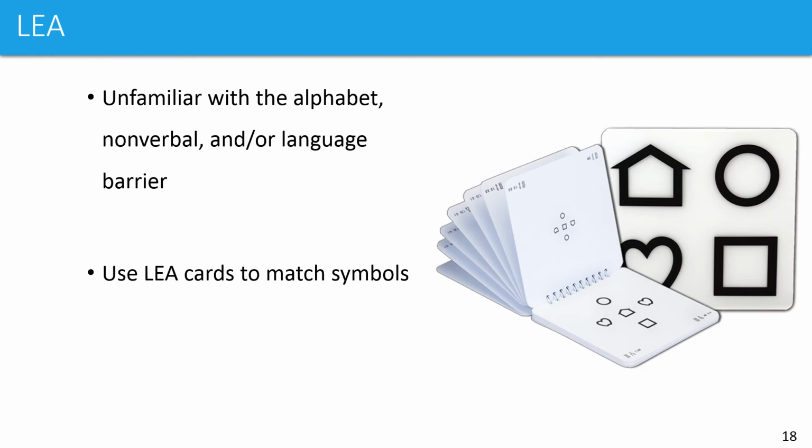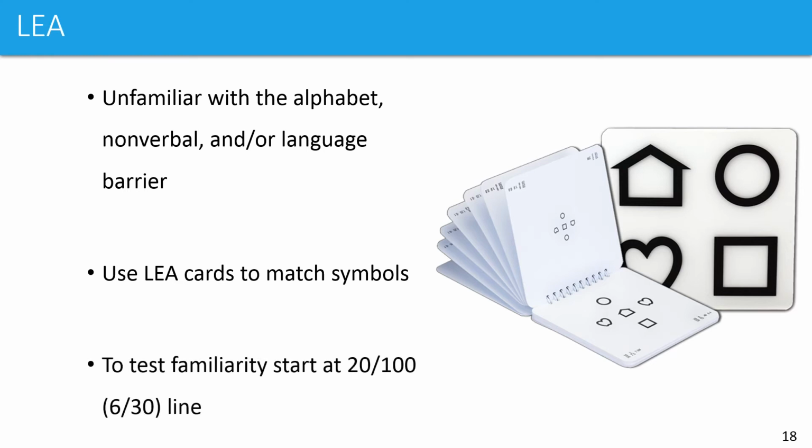The Leah chart uses targets of familiar objects. The symbols used are of a ball, house, apple, and a box. Give the child the Leah lap card. Display Leah symbols at a large optotype size of 20/100 and have the child point and identify each symbol using